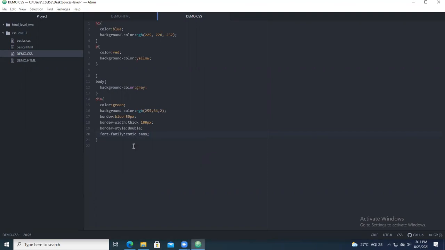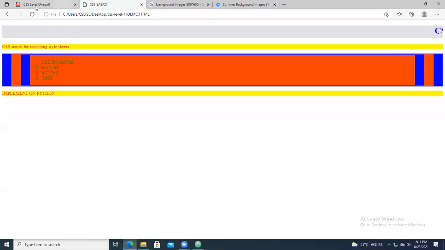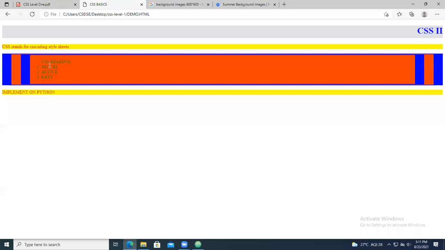So you can take Comic Sans and you can have the values. There will be a change in the font style. The font style values will be showing like this. So this is the demo of today's class, so that we are going to see the different CSS style sheets.